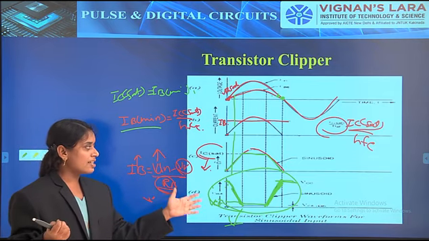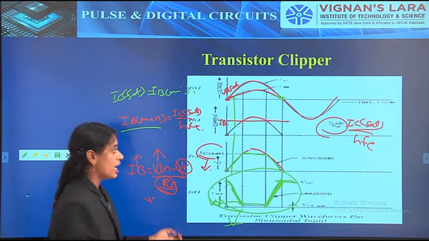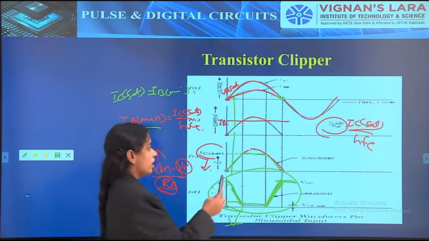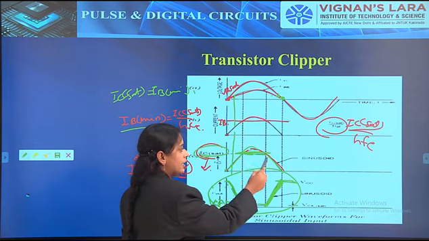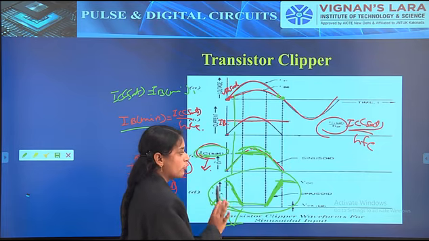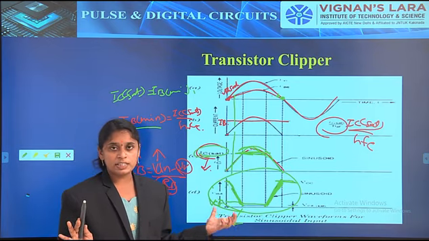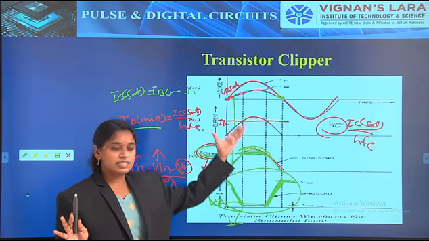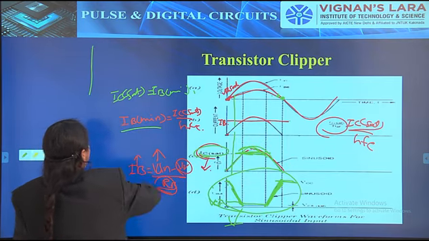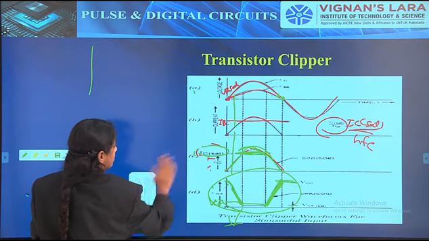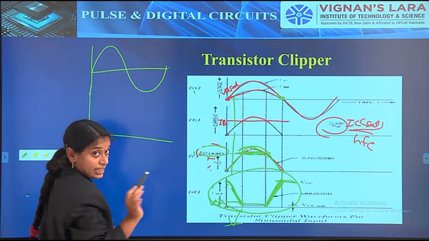When it reaches the maximum IC sat, more than that the signal will be clipped. Simply, it can act as a negative peak clipper with a positive reference voltage, and above this reference the signal will be clipped. Here the reference will be IC sat, and above it the signal will be clipped. So finally the output signal will be a sinusoidal signal. It allows the positive part of the input signal only; more than the reference, that is more than the IC sat level, it is clipped. So the final output will be like this. Here we concentrate on the current signal only: the sinusoidal input signal and the final output current signal.